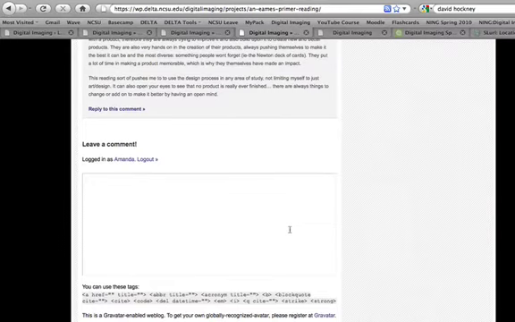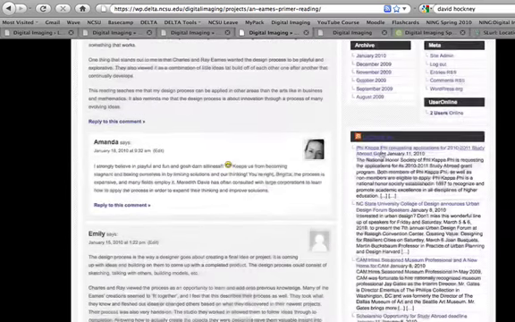What happens in WordPress, if you haven't logged in already, if you're not a registered user, and of course you all are, is you provide your name and your email, and it shoots me an email and says, hey, can you approve this comment? If you go ahead and log in first, then it'll register you. That way later on when you log in, if you want to change any of the comments and make edits to those, you'll already be in the system and you can go ahead and do that. So I suggest logging in before you create your comments.